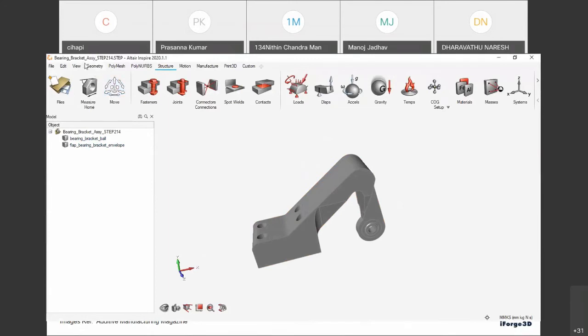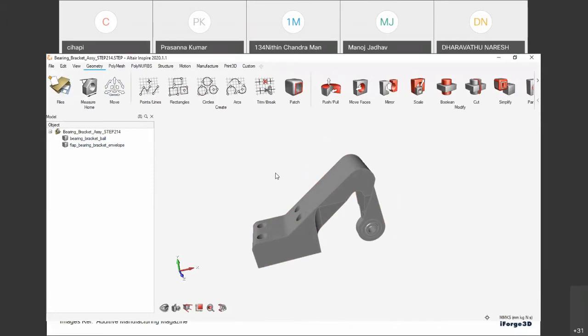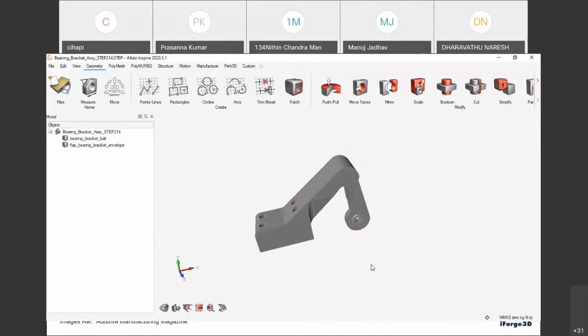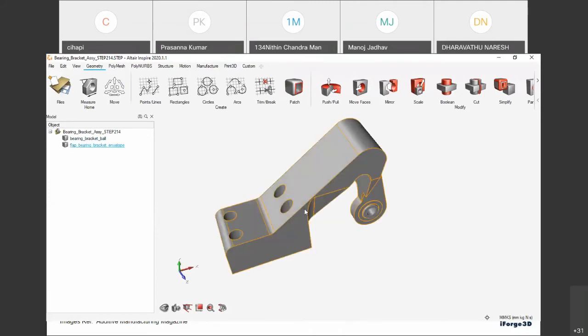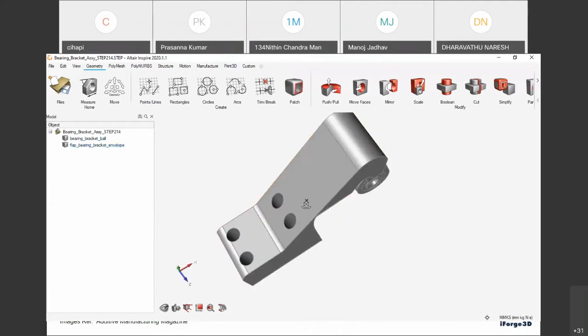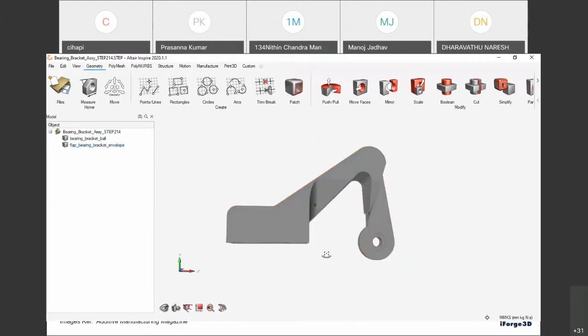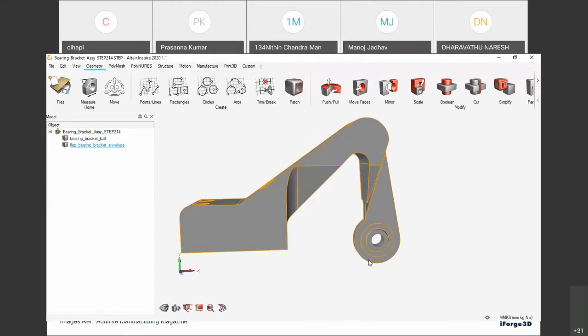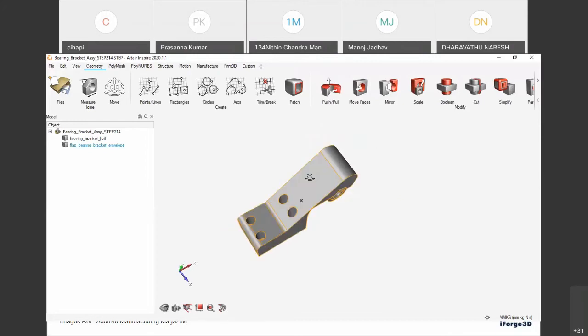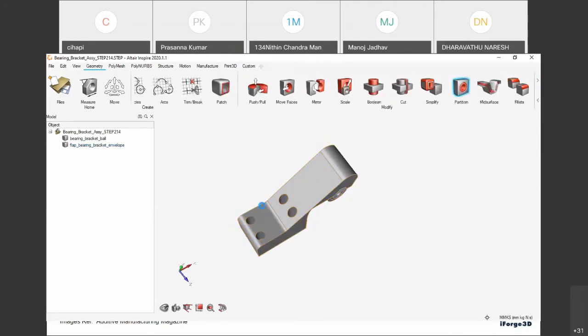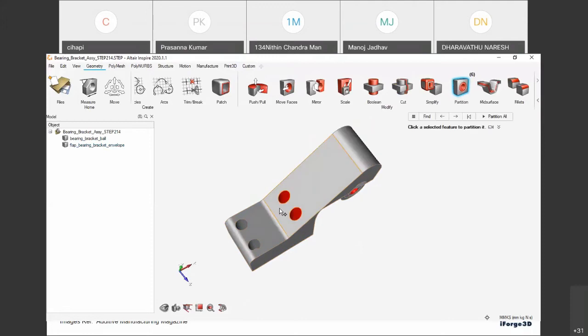The first step in performing topology optimization is that we have to check for design space and non-design space. So here, I will consider two portions: one at this bolt location, and another at this loading location. I will keep some amount of material at this bearing location and bolt location as non-design space, and other than that portion, I will consider as design space. So I'll be using some of the tools available in Altair.